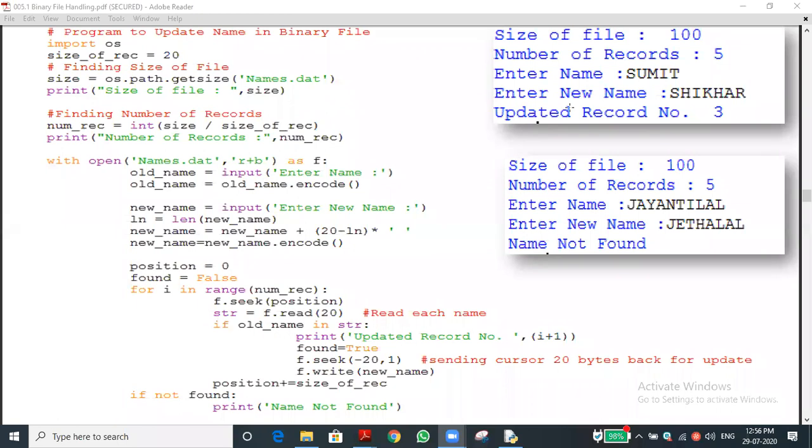So these files and all, I already uploaded in our website. You can see them by clicking the material and chapter 5 folder, file handling. If you check, you can see the 2 PDF files that you can refer to. All the programs, please execute them. Yesterday also I said the same thing. You should execute these programs, then only you can get proper knowledge about how the data is really stored into the file, how we are retrieving it, how we are updating it. So you will come to know these things and you will get more clarity.